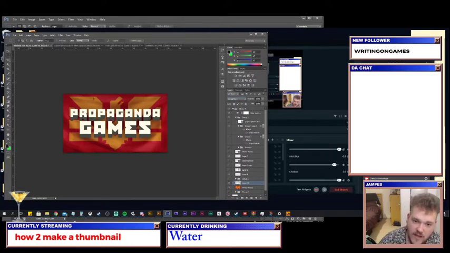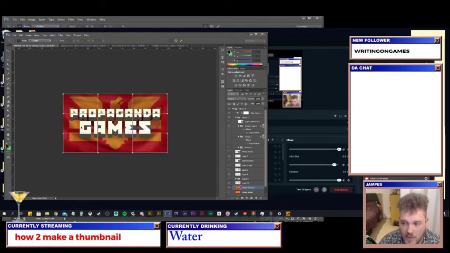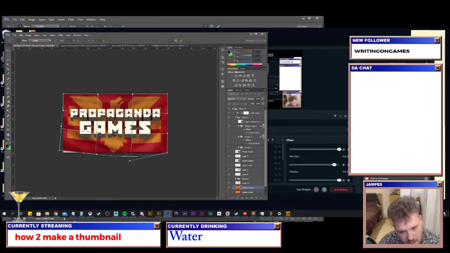But as you're probably well aware, this flag has creases and stuff in it. So unless they designed the flag in such a way that it would work in these creases, that's not quite correct, is it? So if we make a quick variation of this, Control and T, right click, go to warp. We could get a bit more scientific about this and more detailed, but if we just follow the creases and how they work, we can just pull them in like so,